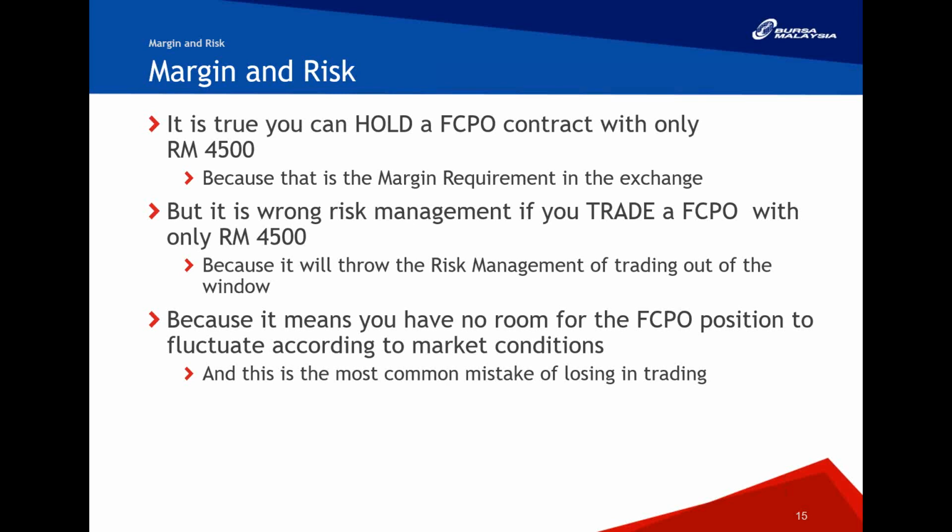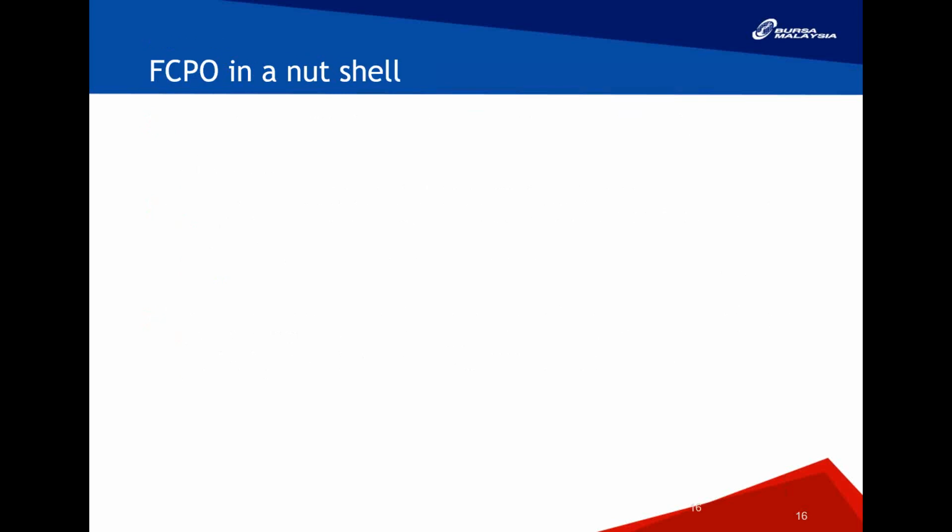So since it's so hard to predict the market correctly 100%, you need some room for your contract to move up or down against you, to average down. So that's why you can't trade one lot of CPO contract with only the minimum margin requirement. This is the most common mistake in trading futures. So I hope you understand this, and you need to calculate your position correctly